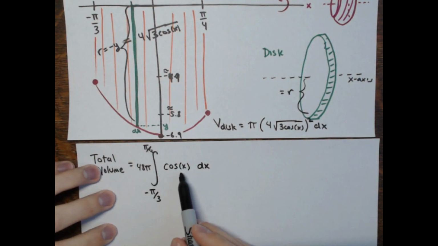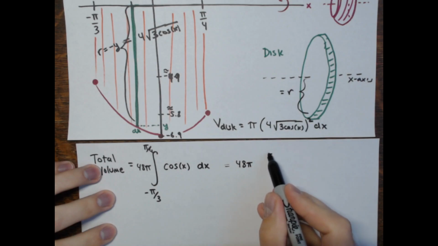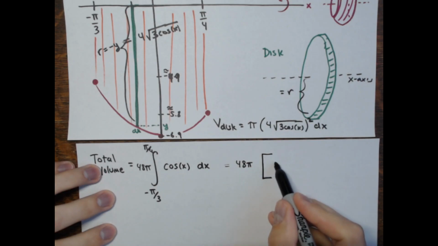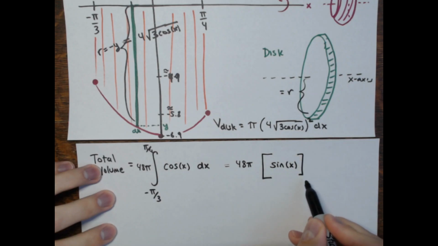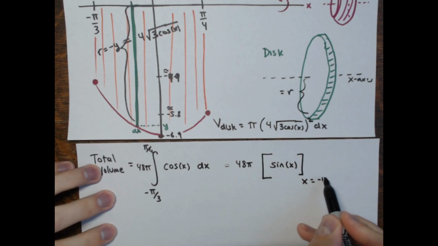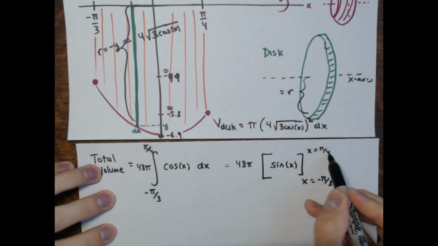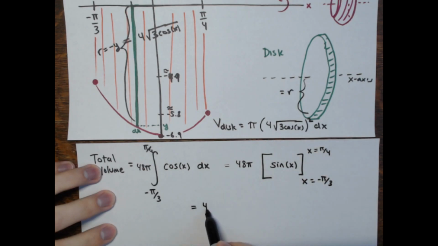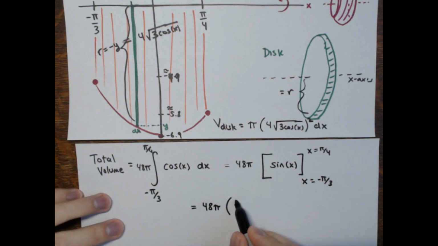And this integral is pretty easy. So we got 48 pi, and the antiderivative of cosine is simply sine. We're evaluating this from x equals negative pi over 3 to x equals pi over 4. All right, so this is 48 pi times the sine of pi over 4, that was half the square root of 2, right, square root of 2 divided by 2,